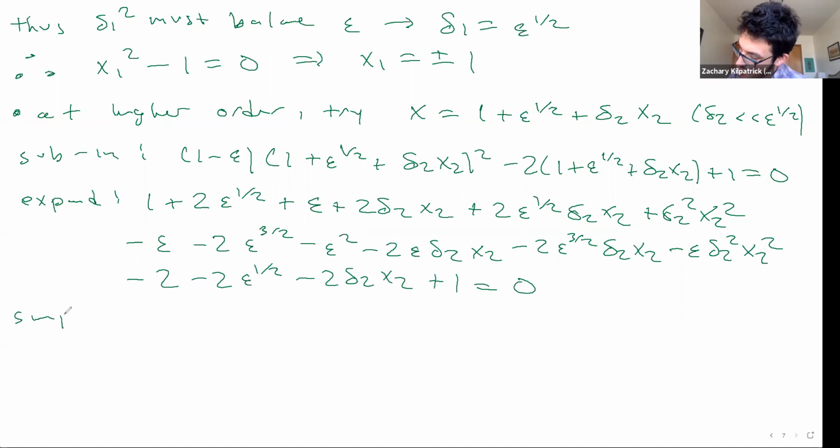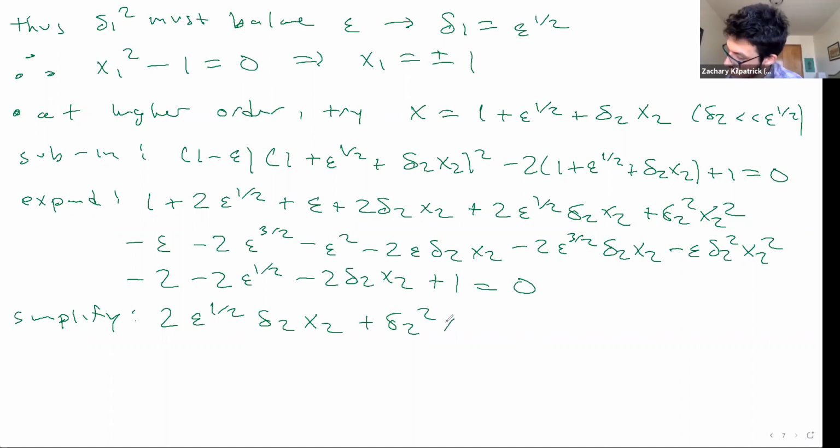Very easy to make errors, by the way. So find a way that works. Maybe need a large sheet of paper sometimes to do these calculations. Okay. If I simplify this, we get the following: 2 epsilon to the 1/2 delta 2 x2 plus delta